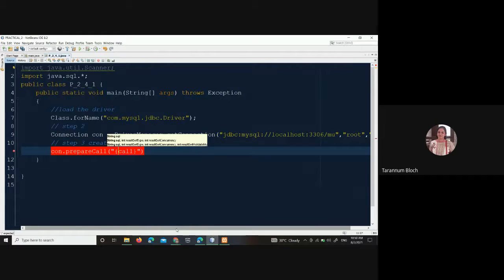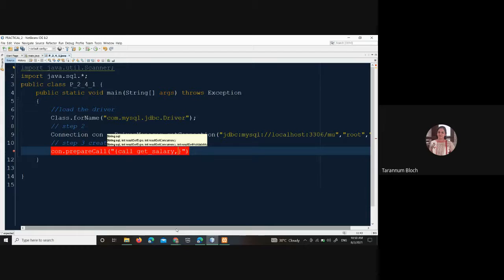After call, write down the procedure name, get underscore salary. That's your procedure name, right? Which has 2 parameters, so you have to give 2 arguments as question mark placeholders.